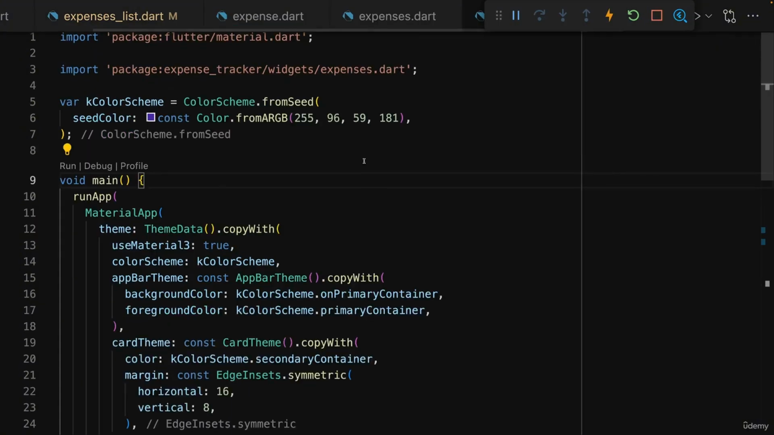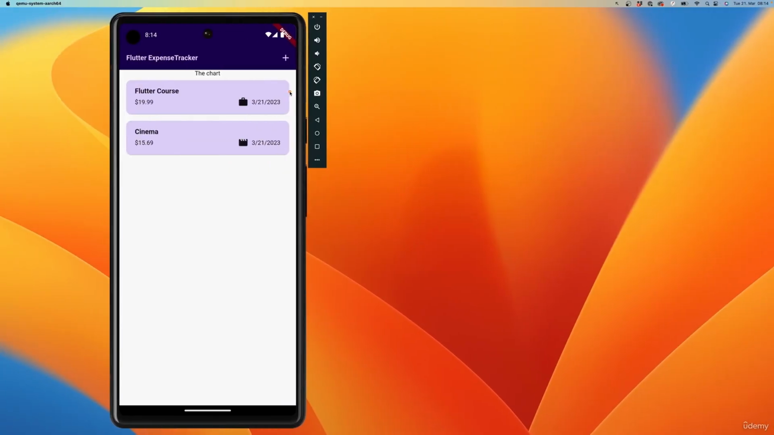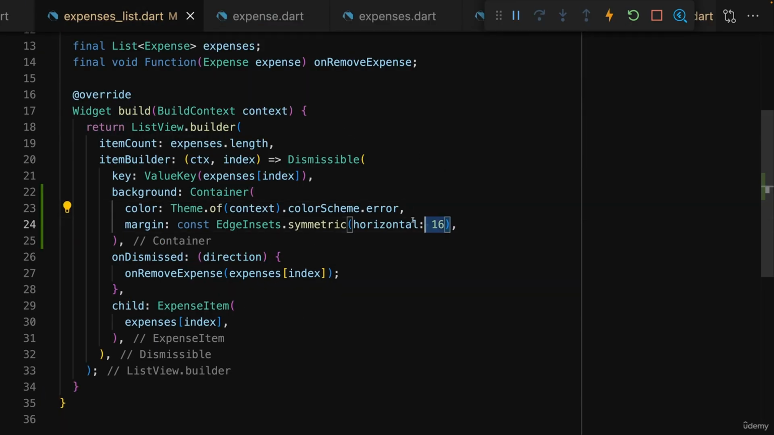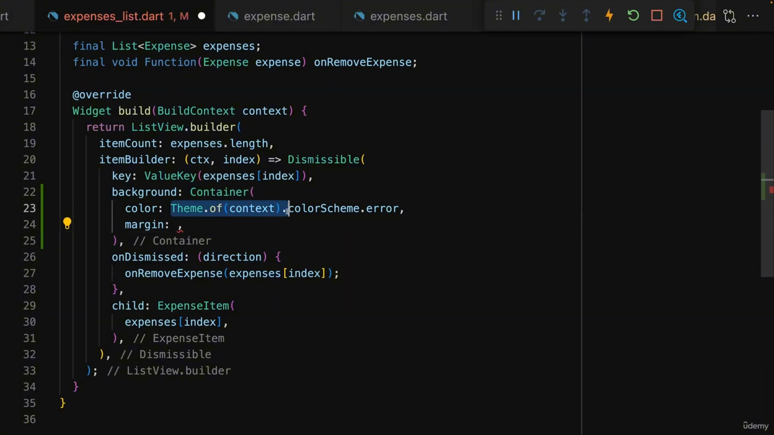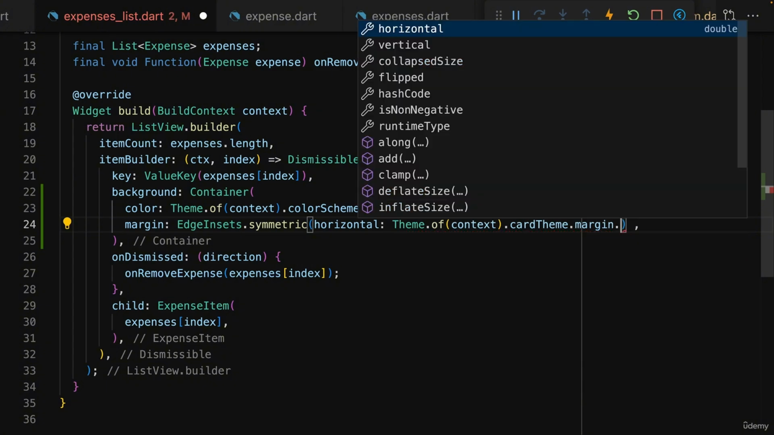And you might remember that in main Dart, I actually set the margin of the card theme here to horizontal 16. So that's actually where this margin here is coming from. So therefore, since this is defined in our theme in this application here, we of course can get this margin from our theme by again using Theme.of and then getting the card theme and there the margin. Or if I only want to apply the horizontal margin, as it's the case here, I still create an EdgeInsets object with symmetric to set my horizontal margin, but this value is then derived from my theme by accessing